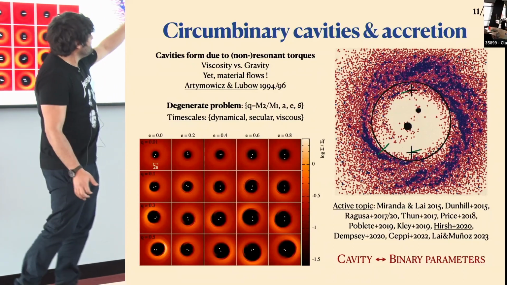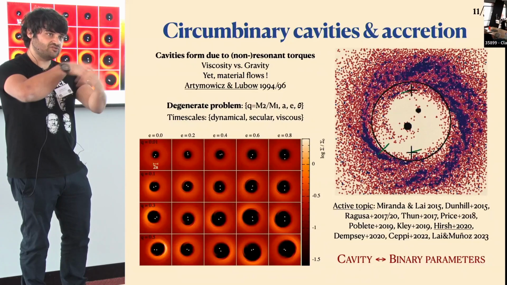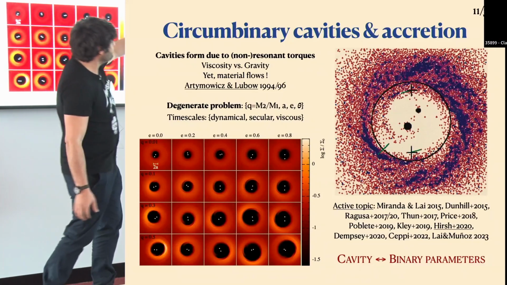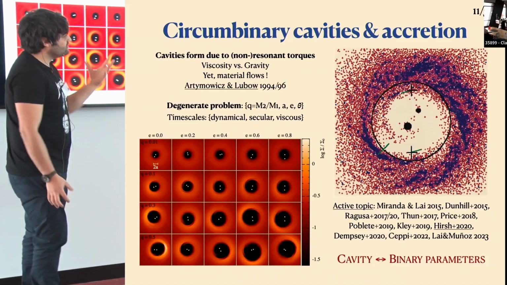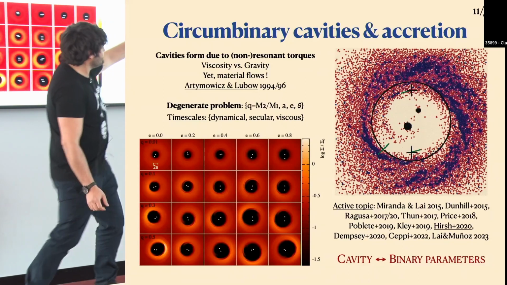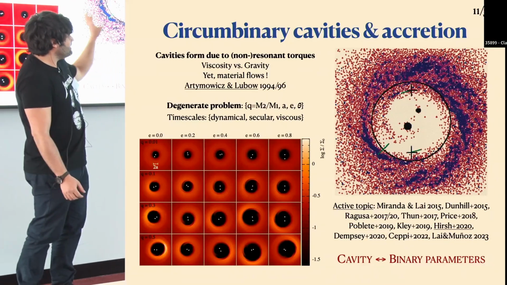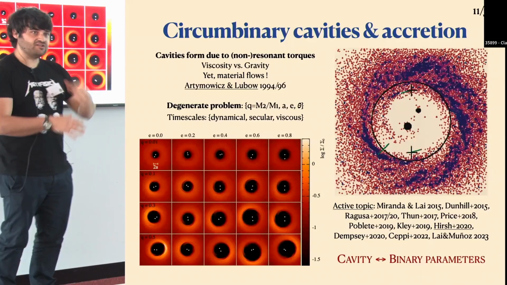They were putting two stars in the center and then seeing how the gravitational perturbation of the stars would impact the surrounding disk. So this is a circumbinary disk. And the main question here was to try to understand what kind of structure can form, what's the size of this cavity. Here, initially everything was coplanar. Then with time, things went non-coplanar.